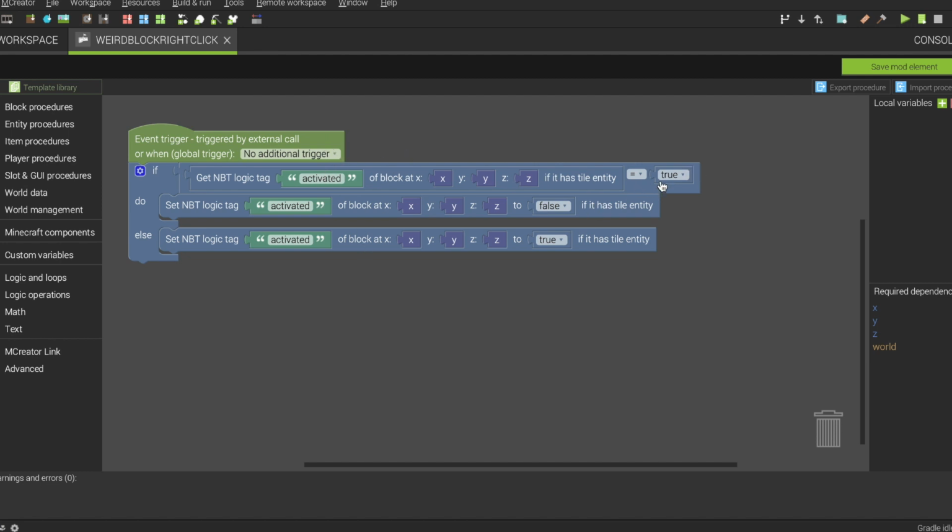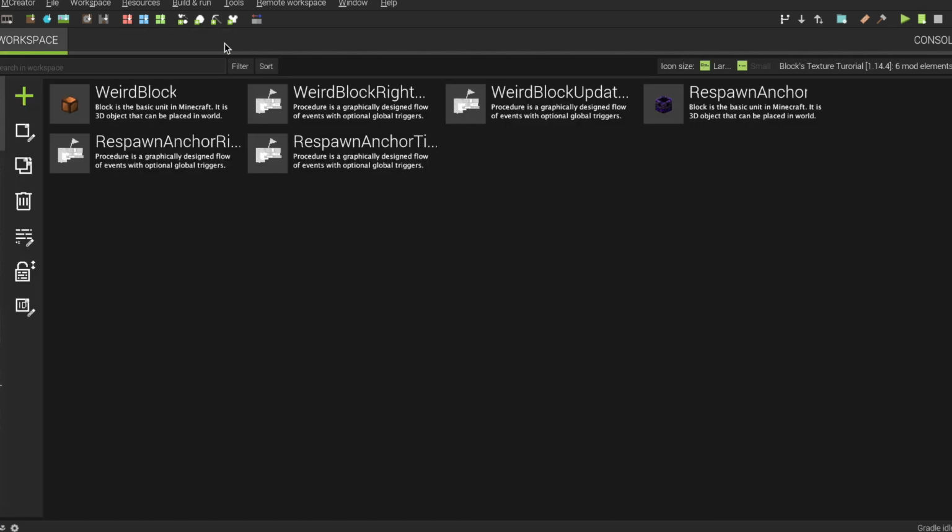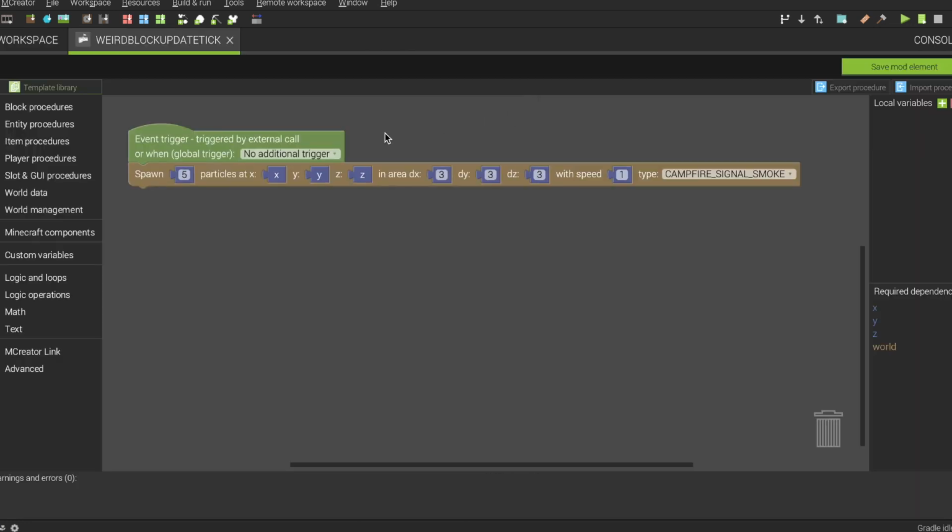If it's true there, it will set to false here, and if it's not true, then it will be set to true. And I set an update tick procedure just because we need it. You can use this; it doesn't work in 2020.2 because I'm using MCreator 2020.2, so you can use it.